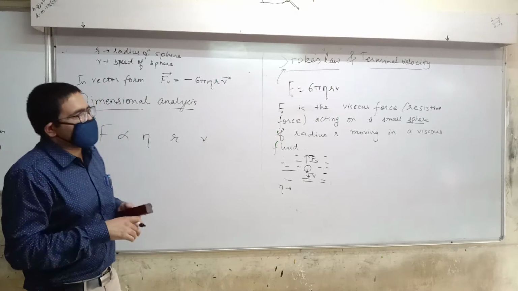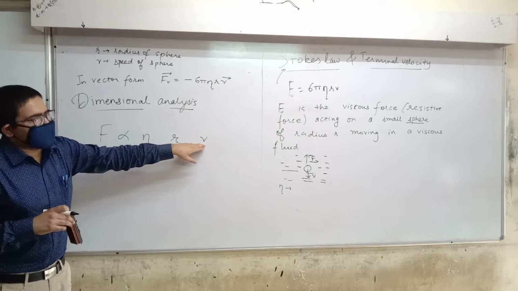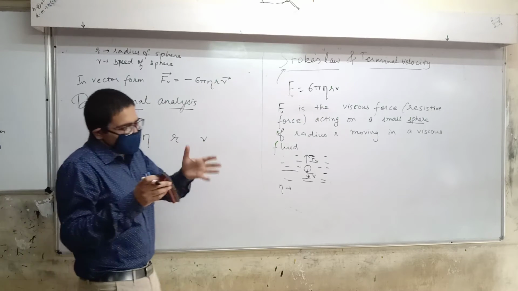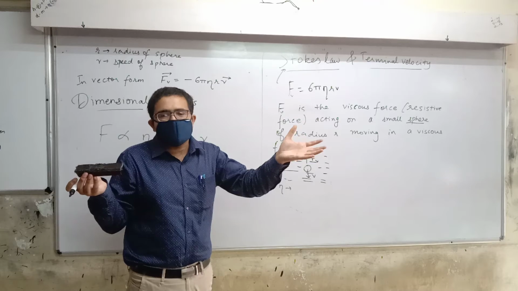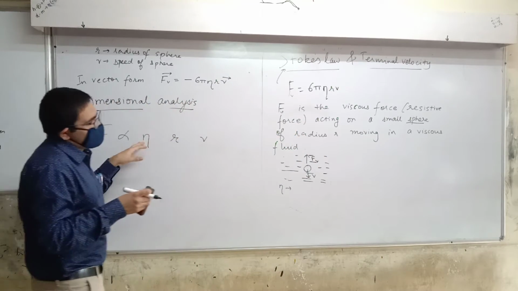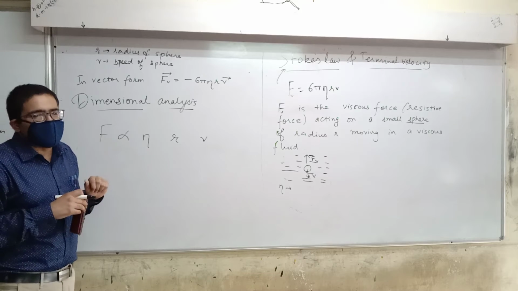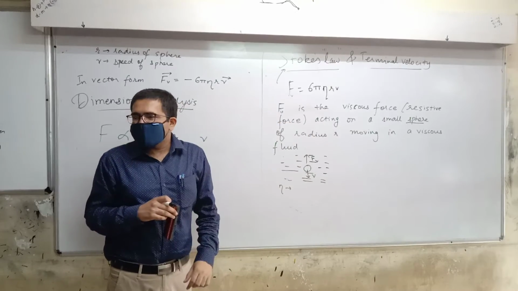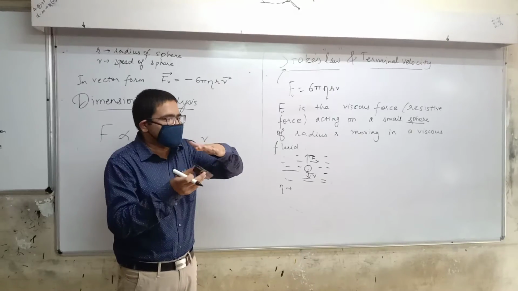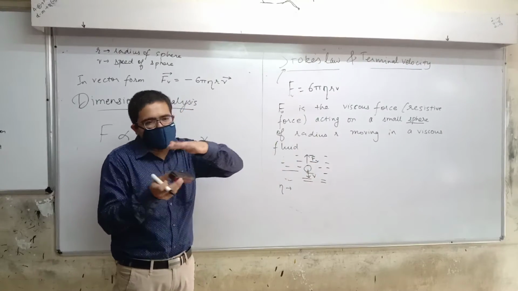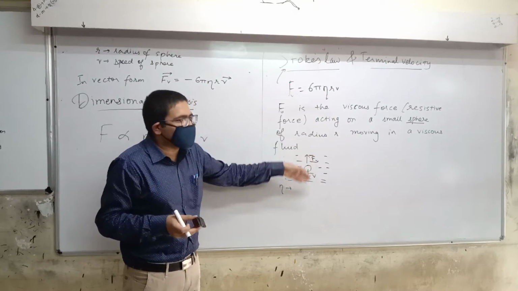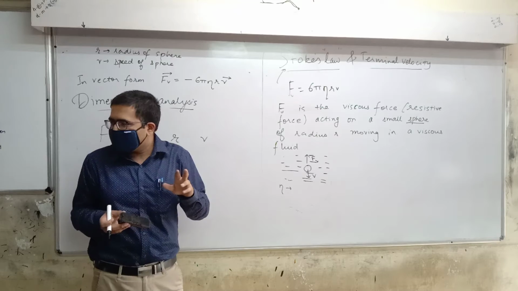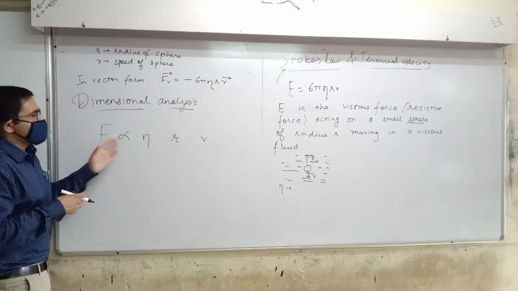Correct? Okay. So basically, how much force is applied depends on speed. If you do it very slowly, less force is going to be applied. The other thing is obviously radius, because if you take a large sphere, we expect that more force will act. So these are similar assumptions. Just like that, if viscosity is more, then when this tries to move, because the fluid layers don't want to go away from each other, the fluid has to move. So there is definitely going to be some viscous drag, like we have studied earlier, between layers. So it should depend on all this.